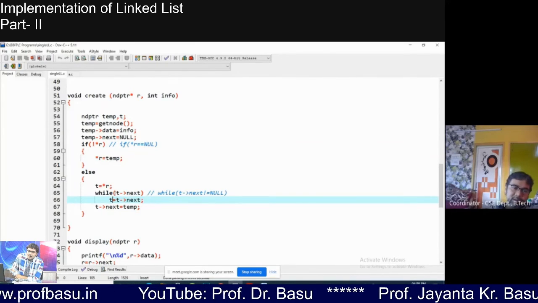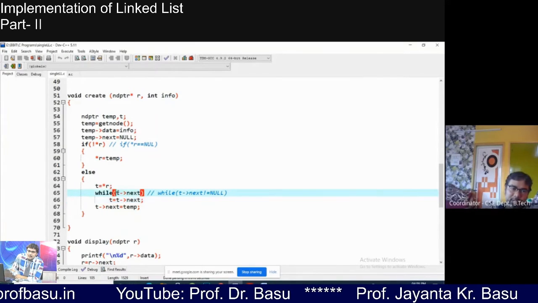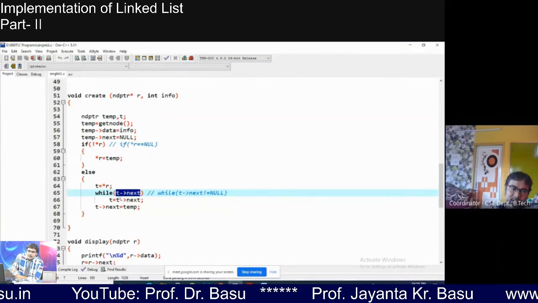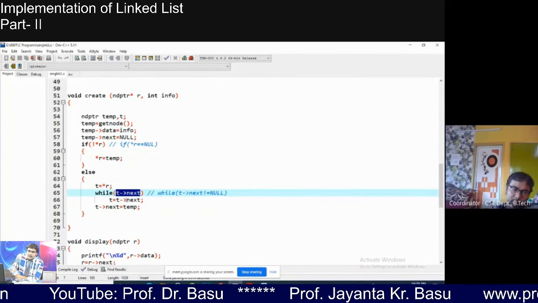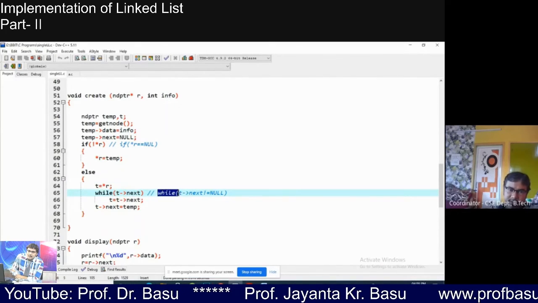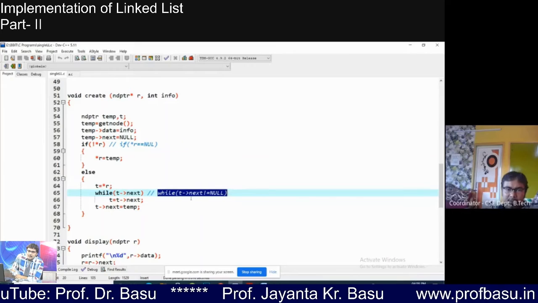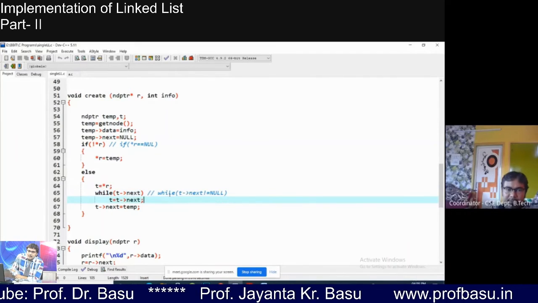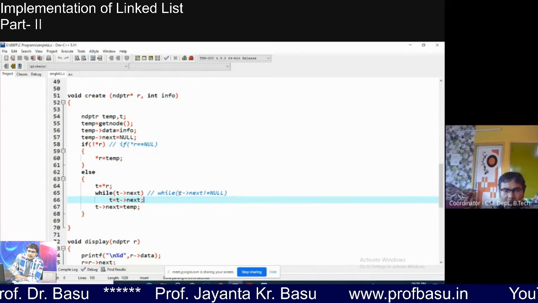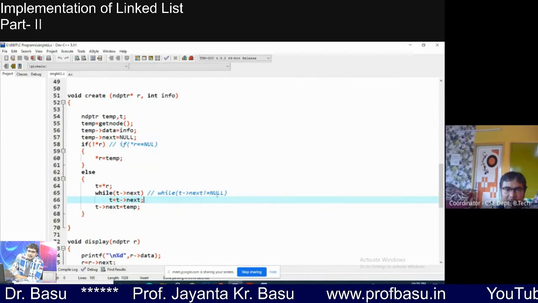By this while t arrow next. While, you know, this is a condition. So long as this condition is true, the loop will continue. Here t arrow next means t arrow next not equal to null.